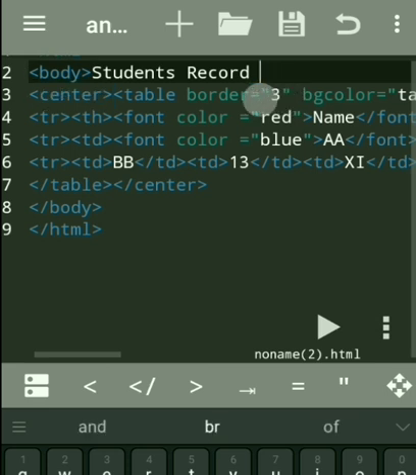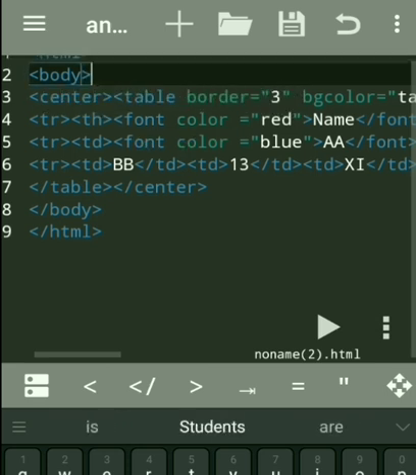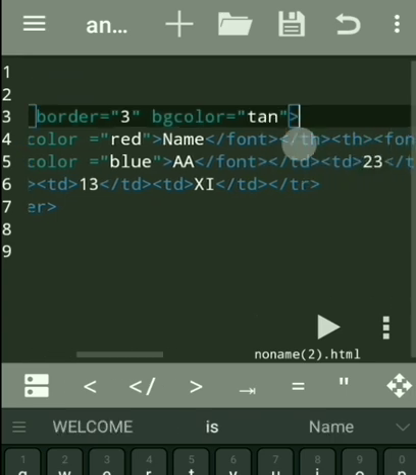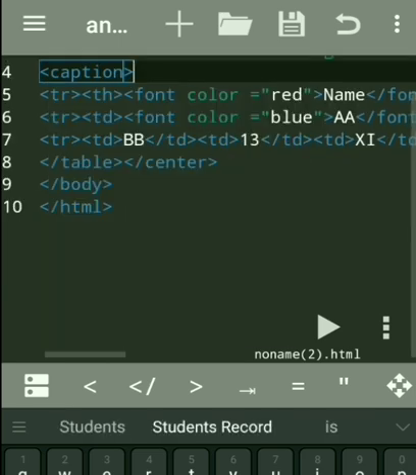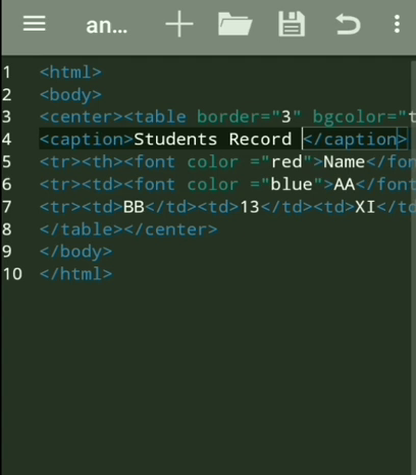Not outside the table. For the heading of the table there is one tag that must be used within the table to give the heading, that is known as the caption tag. Okay, for caption if we write students record, you see caption is within the table tag.